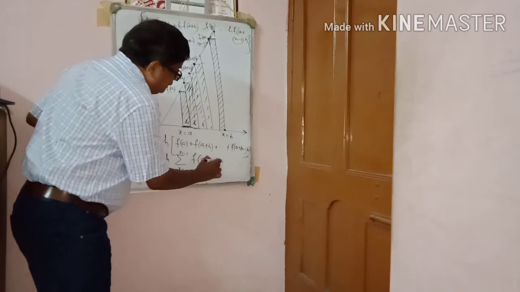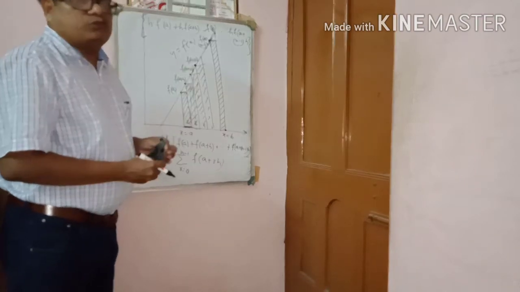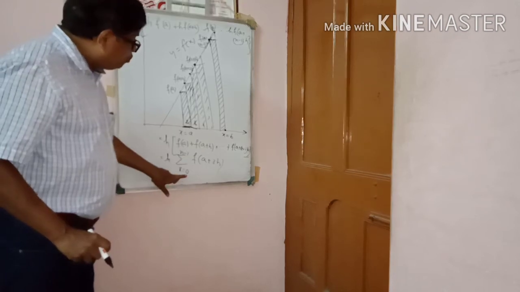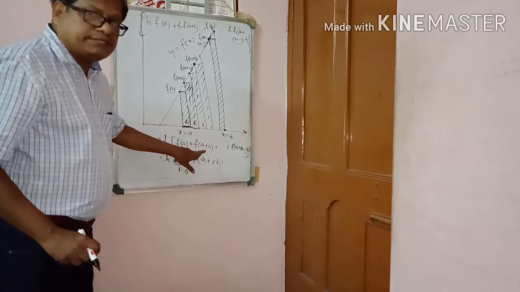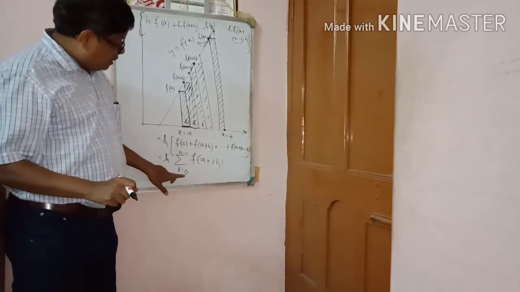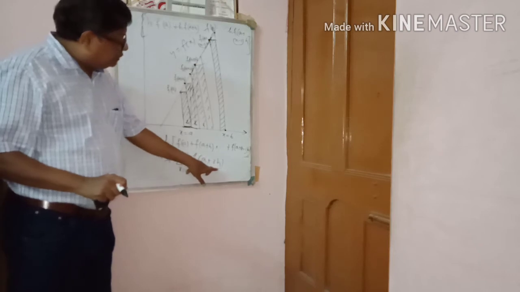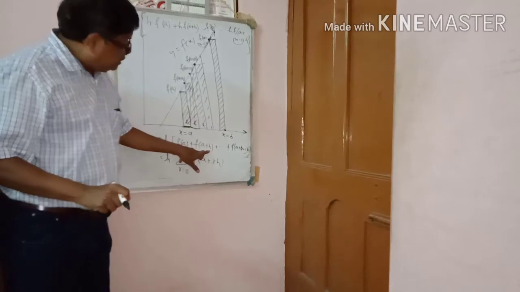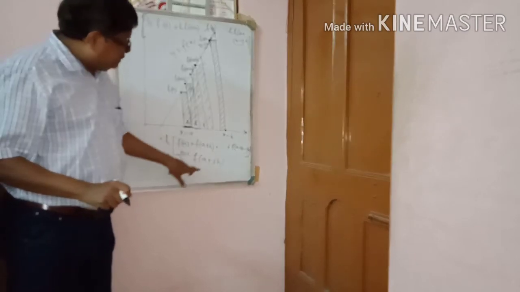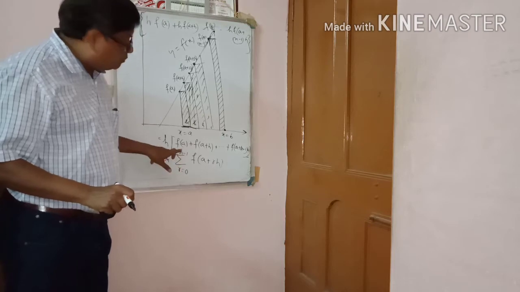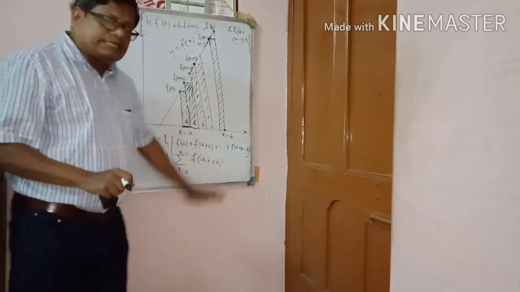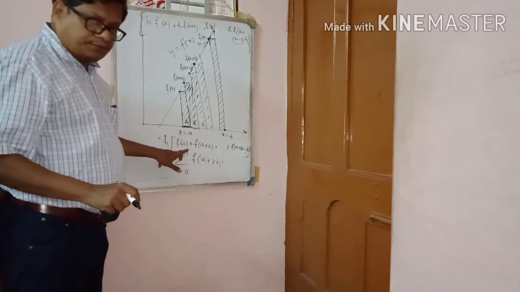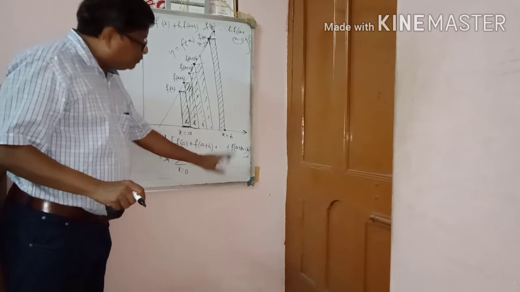Is whatever I write true or false? See, if you put r equal to 0, you get f of a. If you put r equal to 1, f of a plus h. Understood or not? Again I am telling, put r equal to 0, here f of a is there. Again r equal to 1, f of a plus h, like that up to n minus 1. So the total area is h into summation r equal to 0 to n minus 1 f of a plus r h.